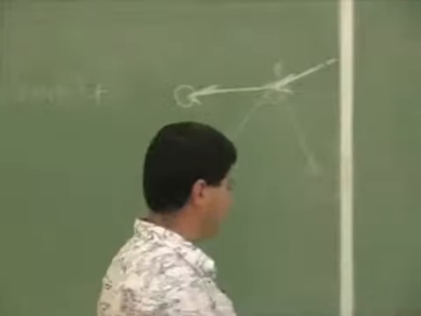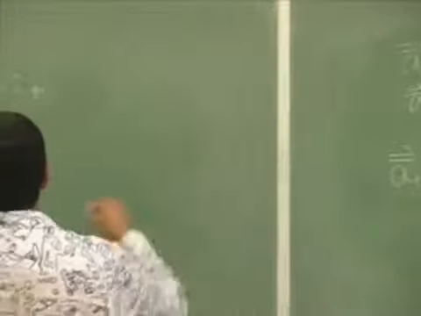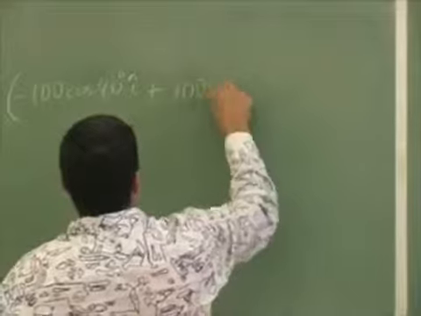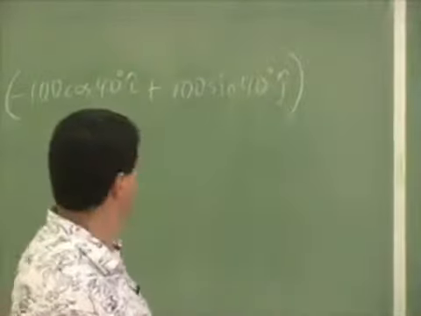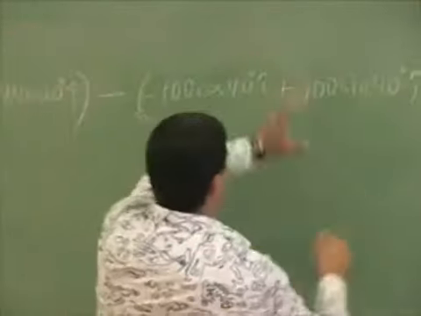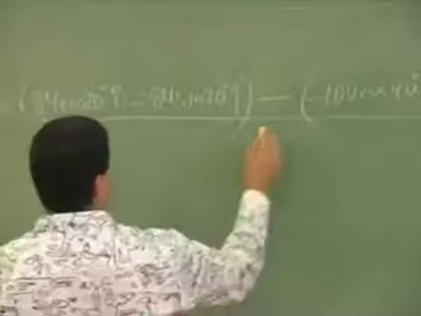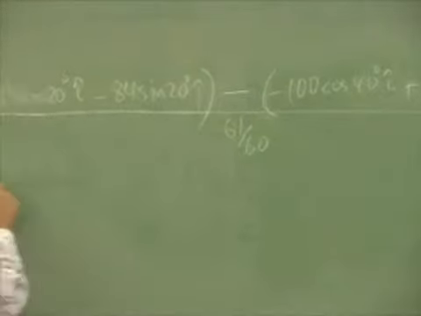Plus 100 sine 40 j hat. Okay, so we have to do this minus this over the total time, which is 61 over 60. So A average total is going to be